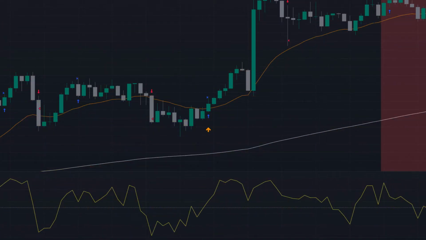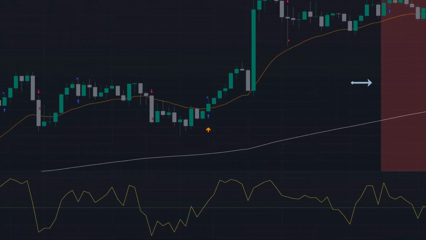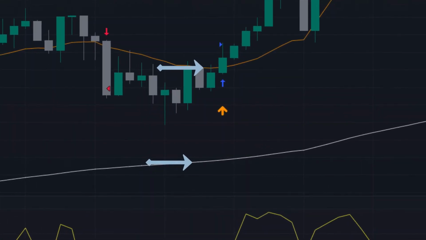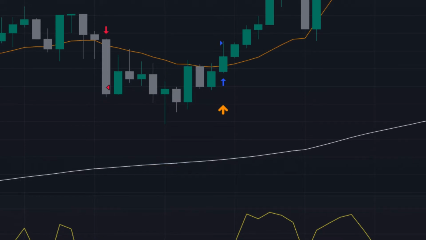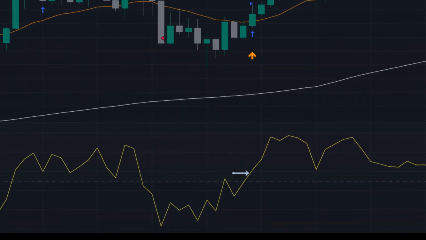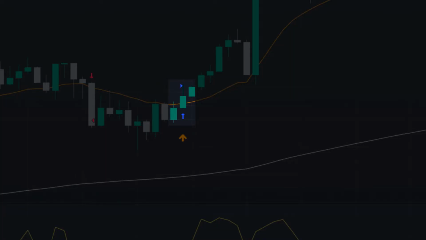Let's go over the rules and review a long entry. The first thing we are looking for is setups in the non-shaded area. We are only taking trades from the London Open to 5 hours into the New York session. Second, we are looking for price to close above the 20 and 200 EMAs. Third, we are looking for the Williams %R indicator to be above the 50 line. Finally, we are looking for a Parabolic SAR long signal. And all of that happens on this candle.